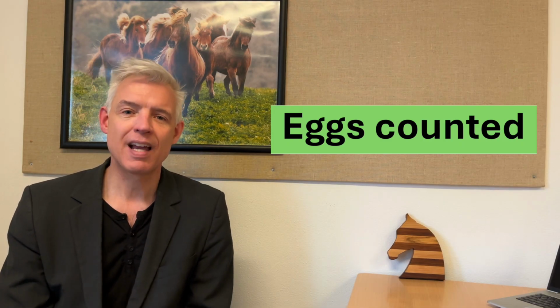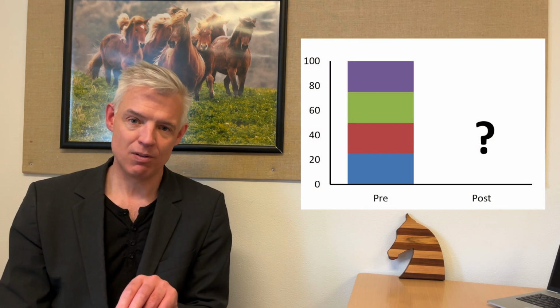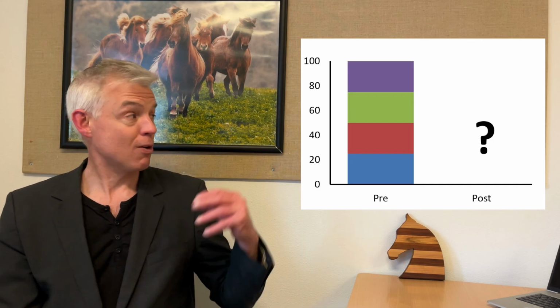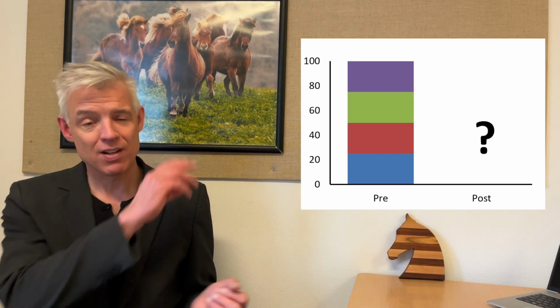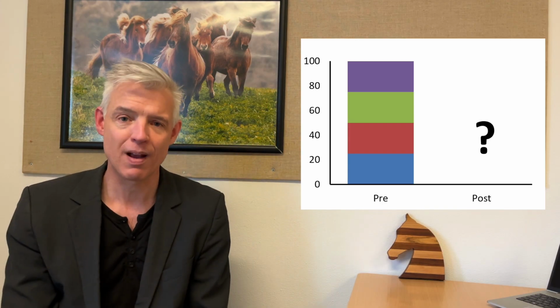What do we mean by eggs counted? Say that we have an animal or a group of animals with a mean fecal egg count of 100 eggs per gram. And then we determine that egg count with an egg counting technique with a multiplication factor of 25. If we do that, we count 4 eggs per animal under the microscope. I illustrated that here by having these 4 different boxes that together amount to 100 eggs per gram.